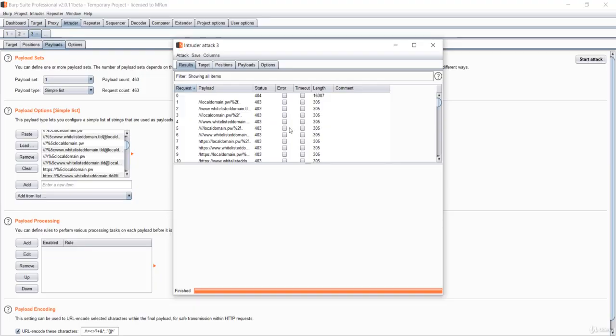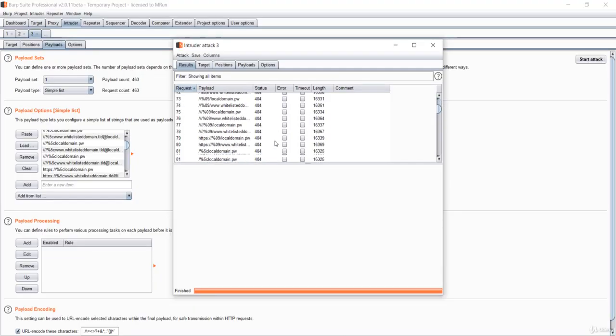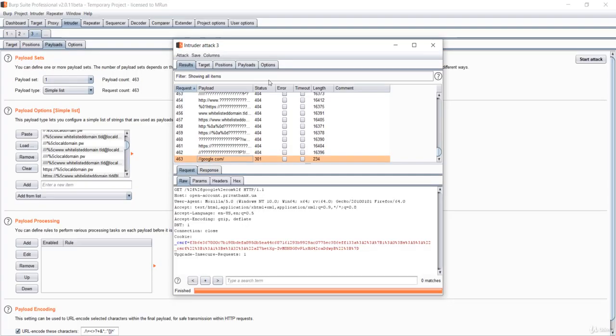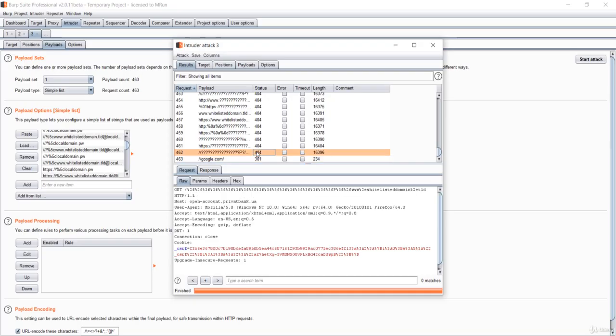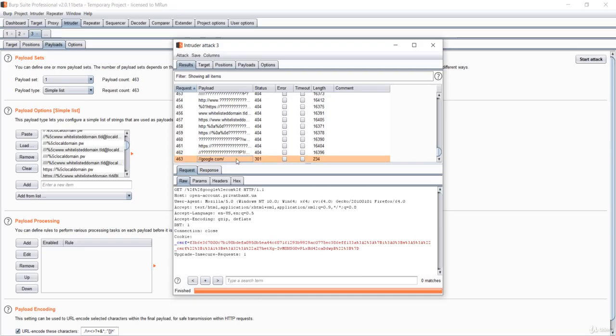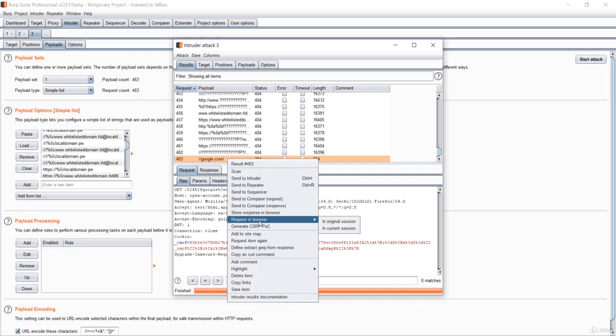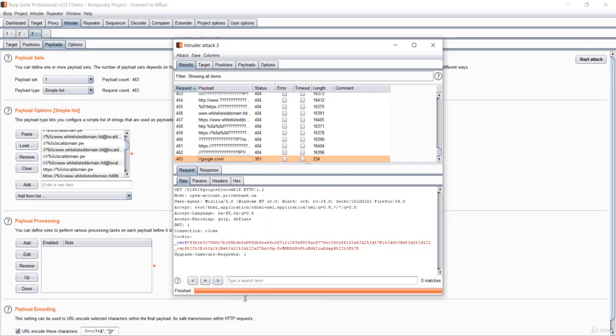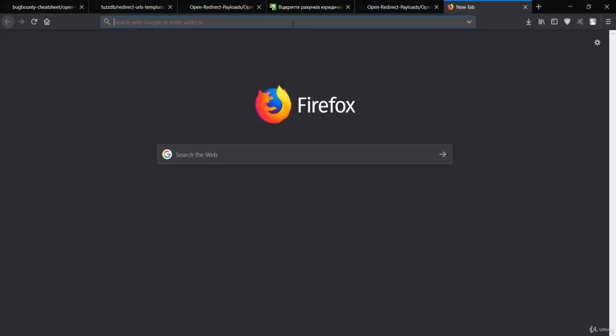Now it has successfully finished all of these payloads. It has injected all of these payloads, but we wanted this payload. You can see it has a status code of 301. If it was 404, that means we wouldn't even see this payload, but it has a response of 301. That means it has a URL redirection. Although its length is small, we'll see the response in the browser.